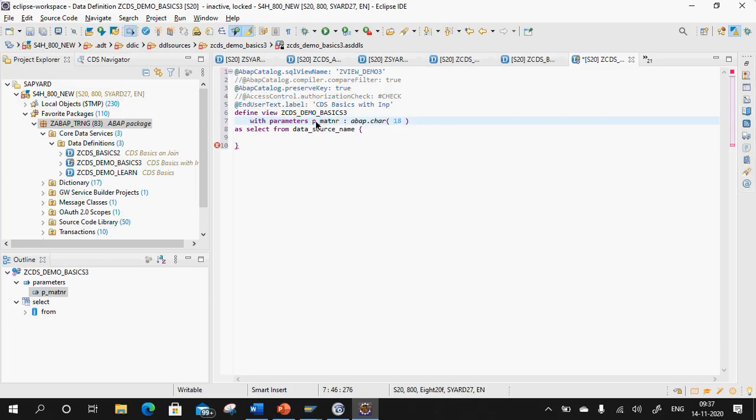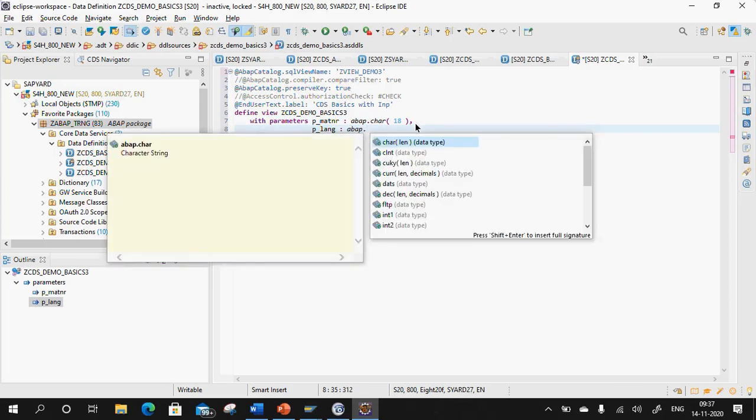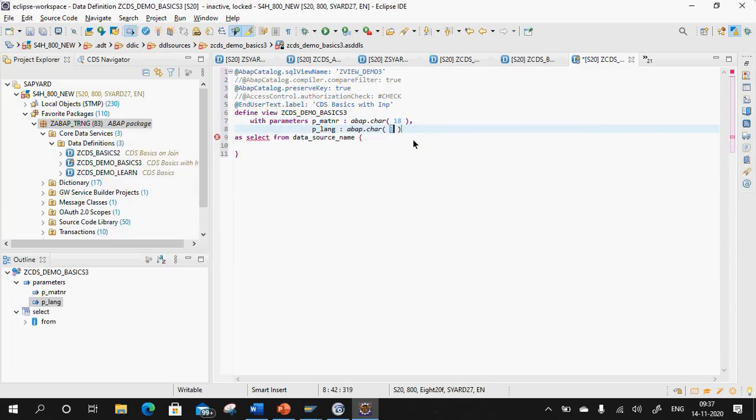So the material number is the input, and along with that I want to specify the language as well. So P underscore language and abap dot char 1. So these are my two input parameters, one is my material and one is my language.